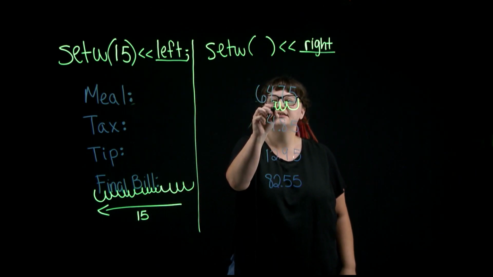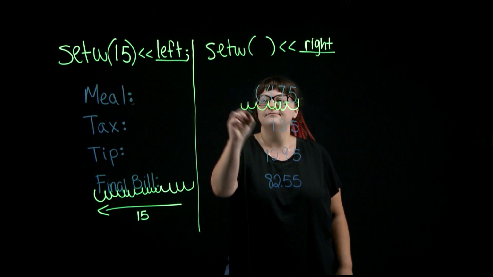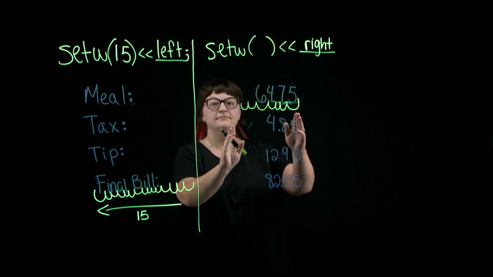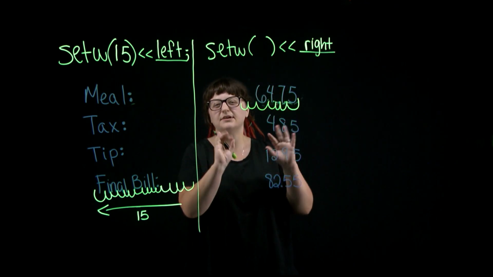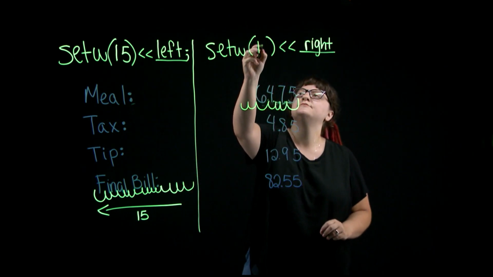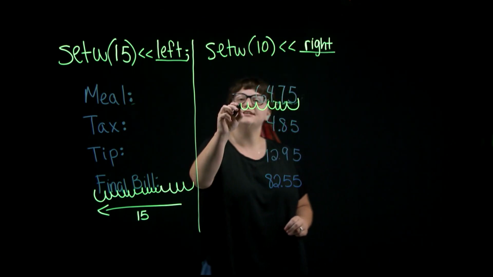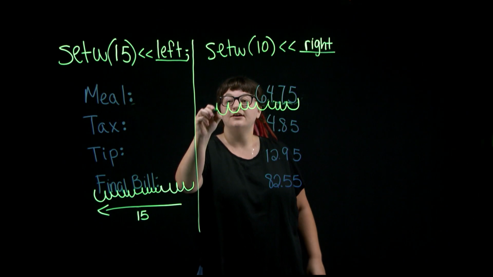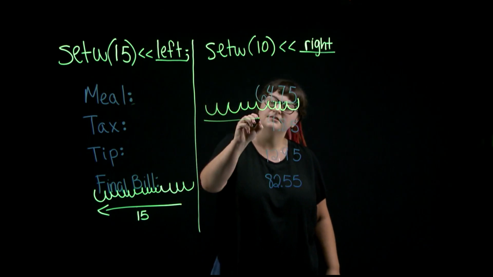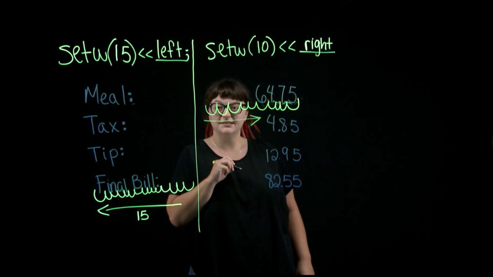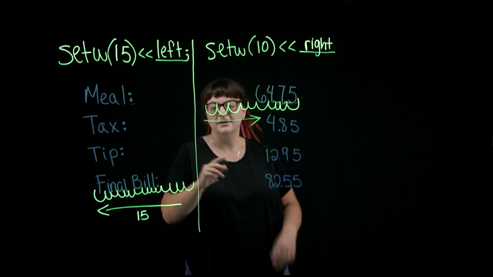That's going to give us a width of 7. Okay. But let's make it 10, just so that we can buy ourselves that little extra padding. Okay, and those extra spaces will be inserted here on the left in an effort to push that to the right. So just to recap,